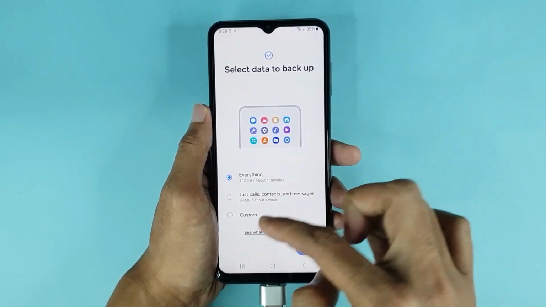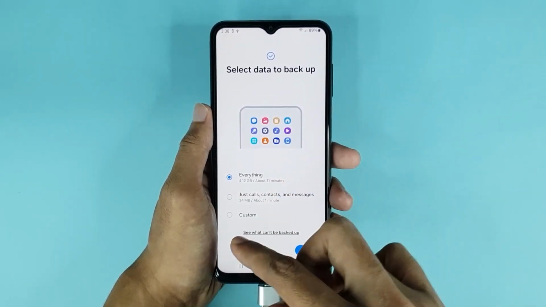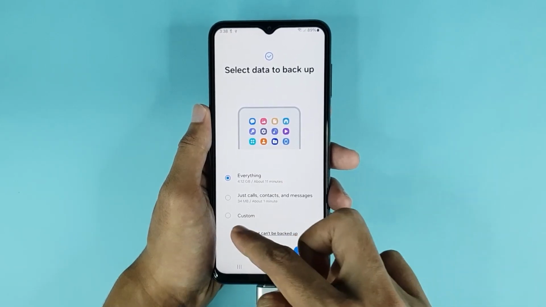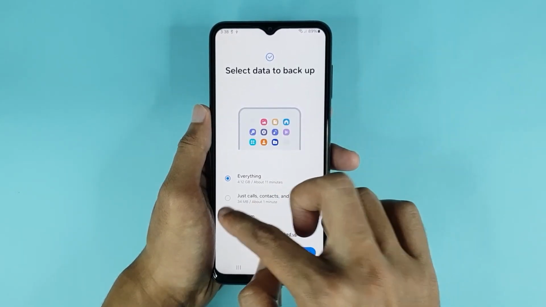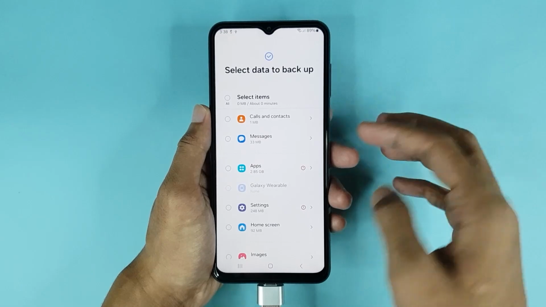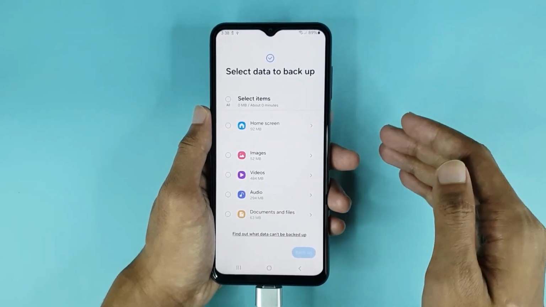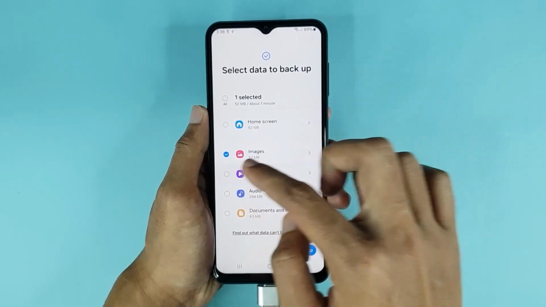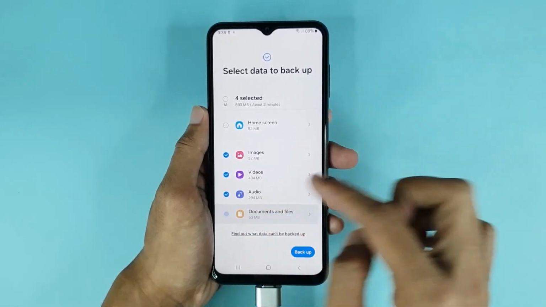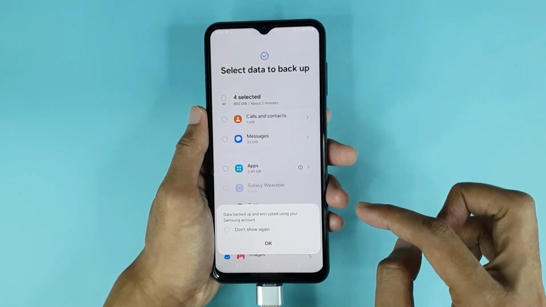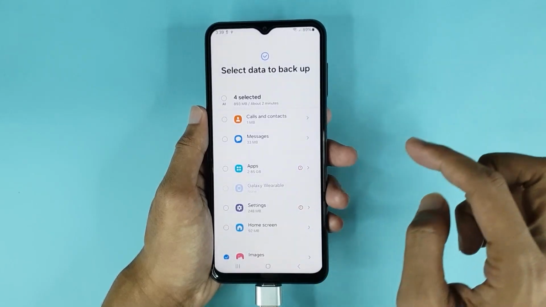Now here you can see three options: everything, just calls and contacts, and custom. If I select custom from here and then tap on next, now from here select the items that you want to back up to your USB drive. If I select images, videos, audio and document and then tap on backup, then tap on OK again, and you